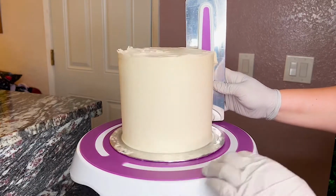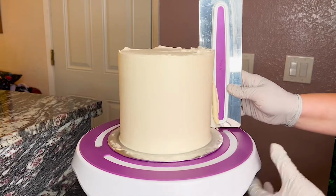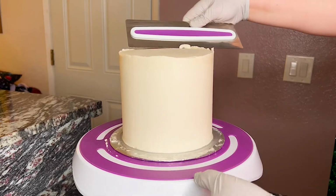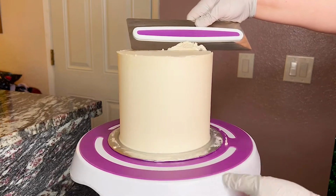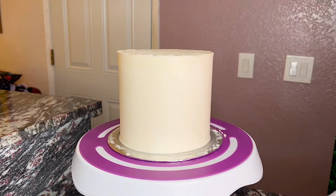To help get really sharp edges, we can pop this in the freezer for about 10 minutes and then use our cake scraper that we've run under hot water and dried to cleanly smooth our buttercream. Once we're as happy as we can be with our smooth buttercream, we pop it into the freezer for another